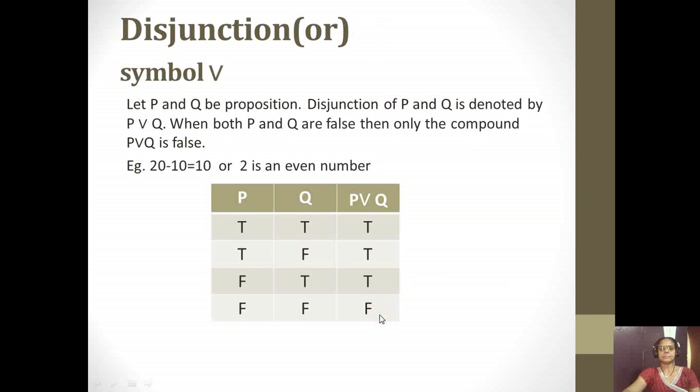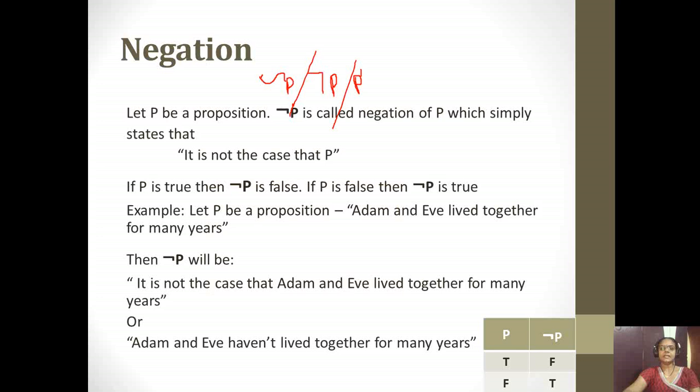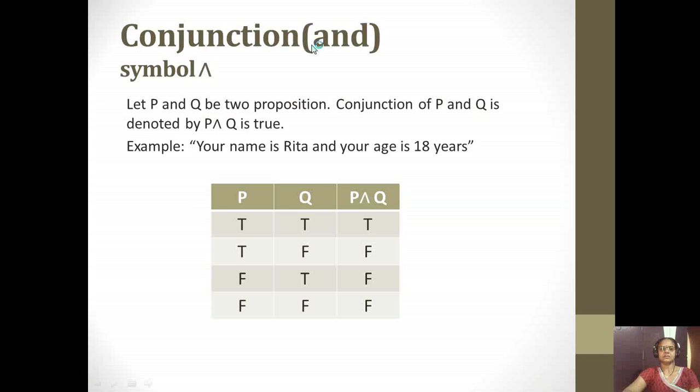Similarly, let's see disjunction. Disjunction is or, this is the symbol for disjunction. If both the statements are true, or if either of the statement is true, the result is true. If both the statements are false, then only the result is false. तीन चीजें बताई हैं. एक negation, negation में true का false, false का true. Second is conjunction, conjunction and, if either of the statement is false, the result is false. Okay, in third case